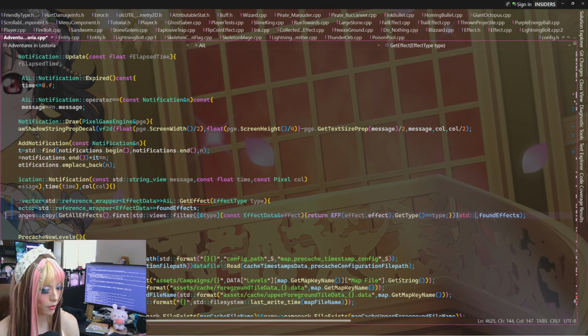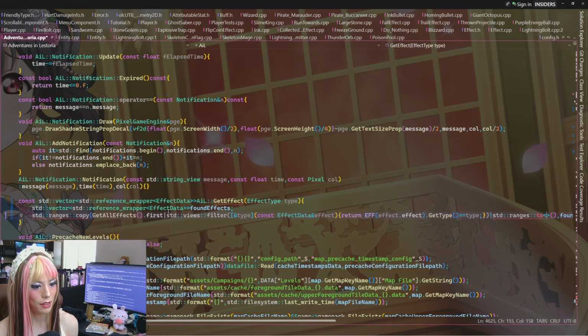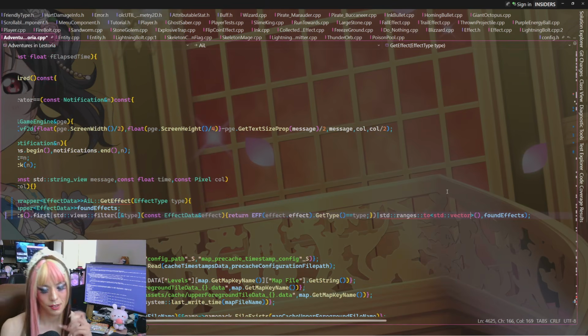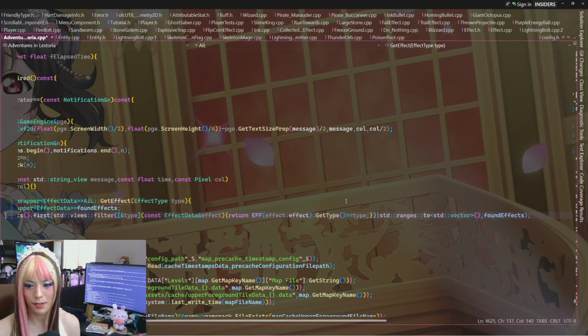So standard ranges 2. Let's see, we want a vector of reference wrappers to effect data. I think last time I did this, I was able to auto-deduce it just by putting vector, though. Like, it figured out the rest. So we'll see if that works.